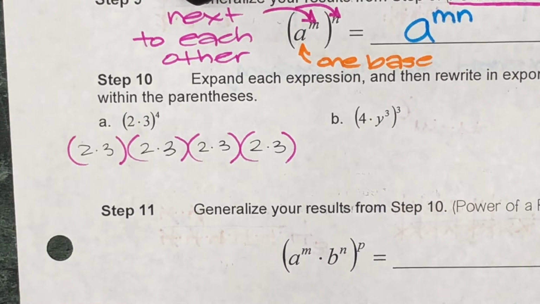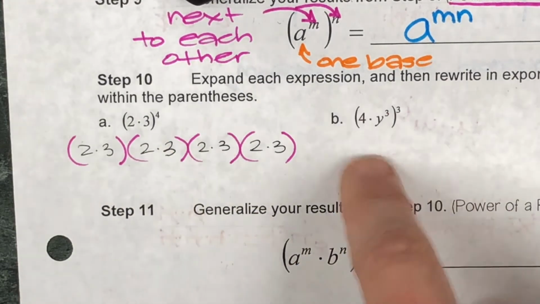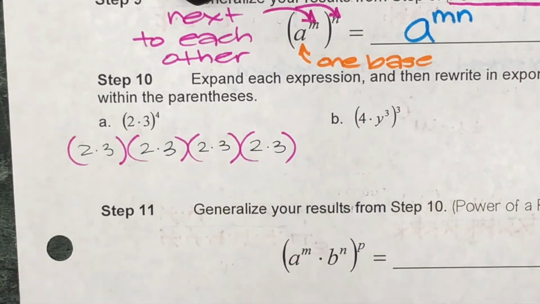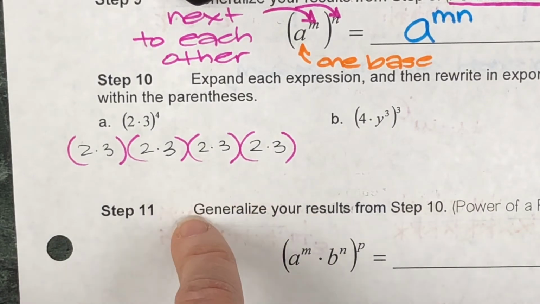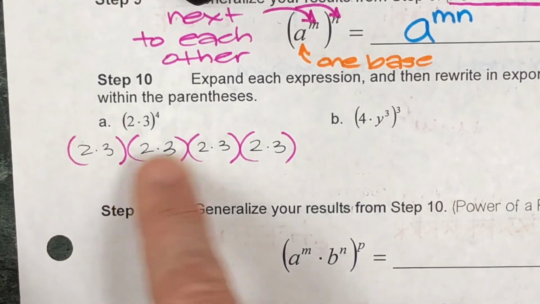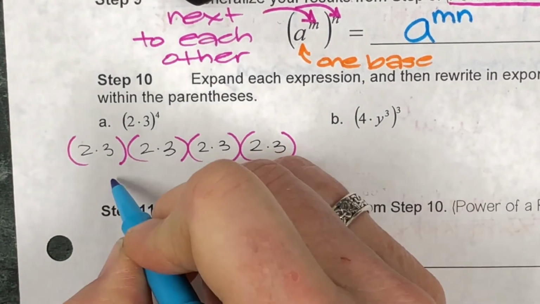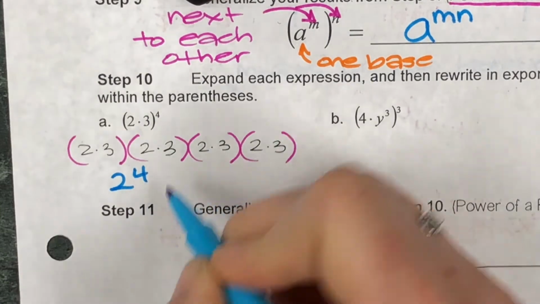I know. But they want to do it with numbers because they're about to mix it up and give you variables. So they're starting with numbers, showing you a really weird way. It works both ways. I would never do it this way because that is weird, but whatever. All right, here we go. How many 2's do we have? Everybody agree we have 4 2's, and we also have